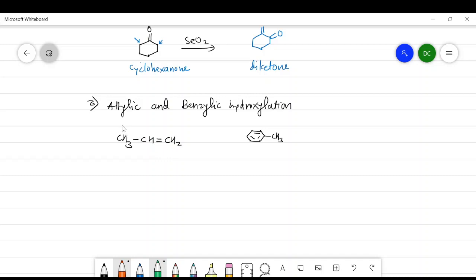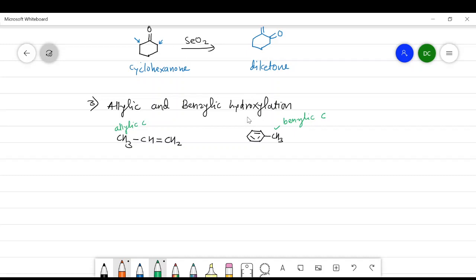This carbon is known as the alpha carbon, and this carbon is known as the allylic carbon, the carbon which is attached to the double bonded carbon. And in this compound the phenyl group is attached to methyl. This methyl group is known as a benzylic methyl, or this carbon is known as a benzylic carbon. In this way, either allylic or benzylic carbon, they are directly attached with the double bonded carbon, and on this